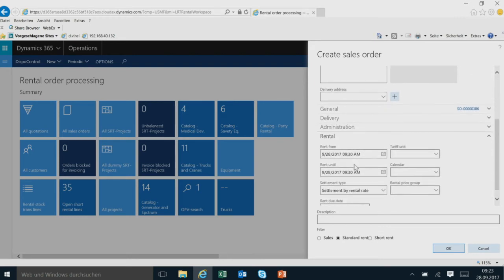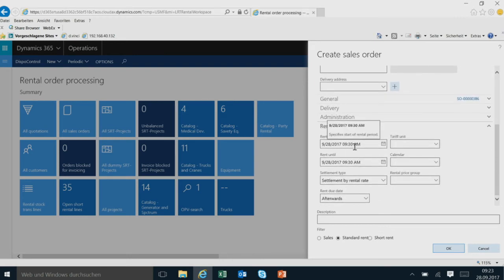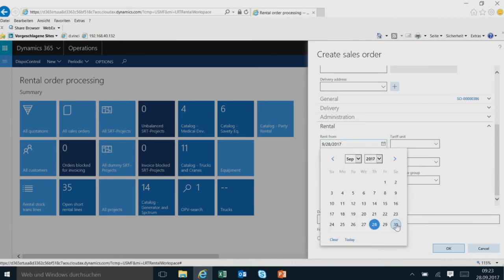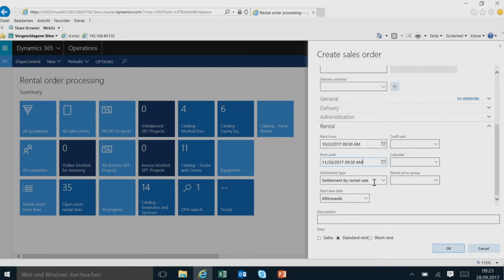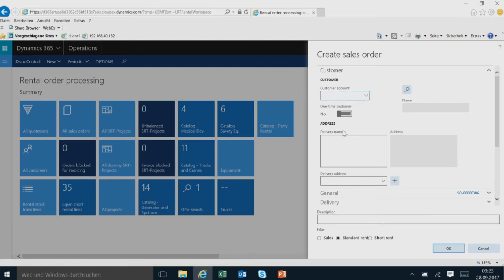However, if you know the Dynamics 365 for Operations sales order, you will realize that this is not standard. You have a from and until date. That's the contract duration. Let's say this customer needs something from next Monday until a certain date in the future. Doesn't matter right now. And then you can define how you want to invoice them. So there are already some additional functionalities here, and a customer would be great.